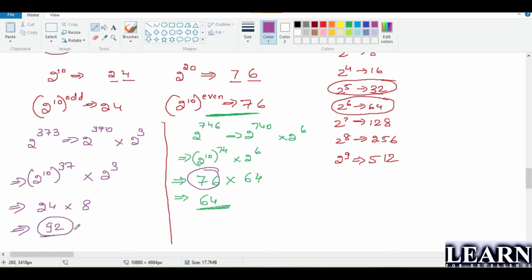Now, is there any shortcut for this? Is there any shortcut, guys? Yes, good. What? Can I do 24 into 28 gives 72? 24 into 56 gives... It's not only the complement of 8. Yes, complement of 8 in terms of 100. 24 into 56 gives 44. 24 into 12 gives 88. 24 into 32 gives 68. 24 into 16 gives 84.